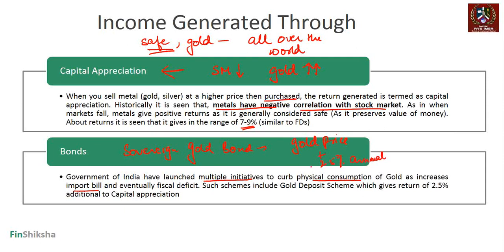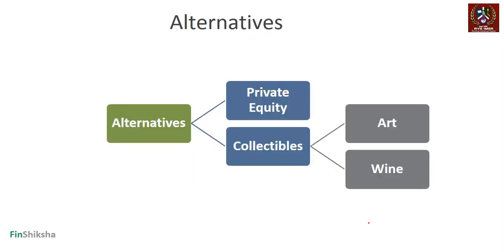So if you buy the gold bond and currently the gold price is 10,000 and this goes to 15,000 over 3 years, in addition to the 50% return that you've made here, you will get another 7.5% for 3 years. Why? Because 2.5% gets added in that gold bond. And the idea is that the government will give you this money, but they will not buy physical gold for you in this context, right? That's the other way you can generate income through precious metals.